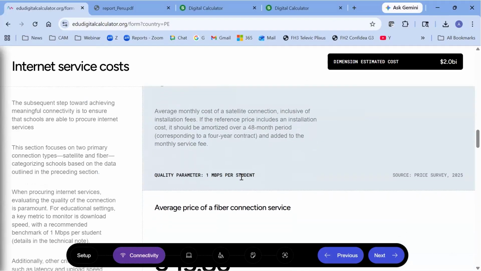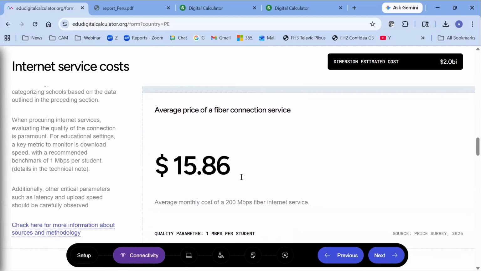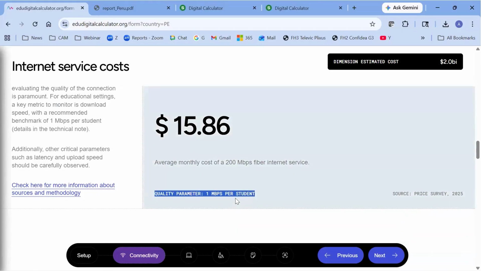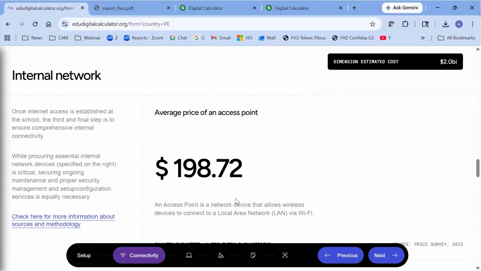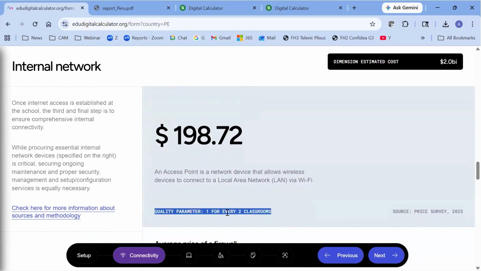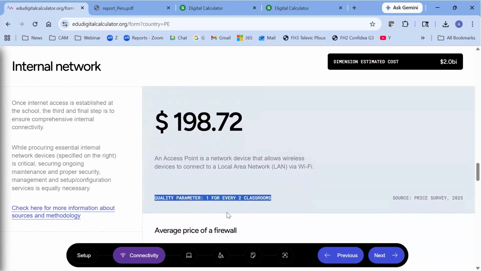And here is one thing that I want to make sure I show you: we have quality parameters. For example, for the internet connection, we have a quality parameter of 1 Mbps per student. For the access point, which is the equipment that makes sure the Wi-Fi gets to every room, we have the quality parameter of 1 for every 2 classrooms. You can check these quality parameters.